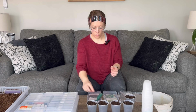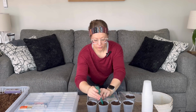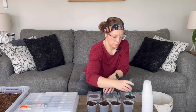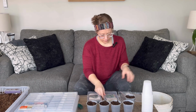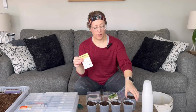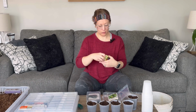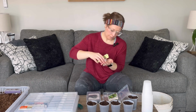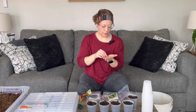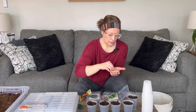So I'm going to use this little tool that I got with one of my kits. I don't even remember. And poke a little hole in here. Make sure there's no wood chips in the way for our seeds. And let's see, we've got some regular green peppers and some colorful ones. I'm going to plant all 5 of these with the color mix, the bell pepper color mix. So I'm just going to put 1 seed in each. 5 plants is a lot. So I do want quite a bit of bell peppers that I can put up in the freeze dryer or into the freezer, and I have not had very good luck growing bell peppers, so maybe this year will be my year. So I'm just going to put 1 seed in each one,